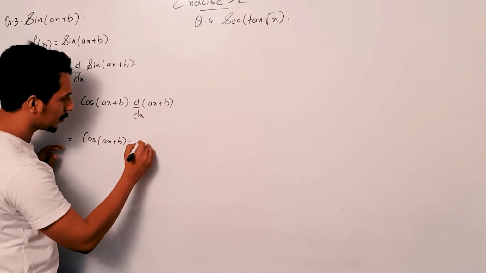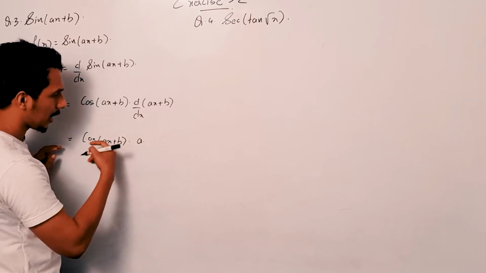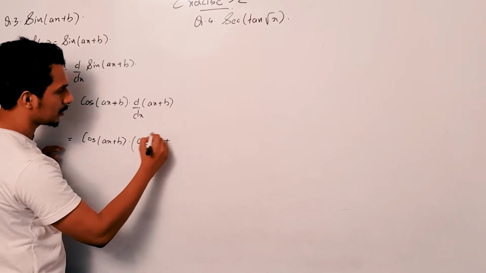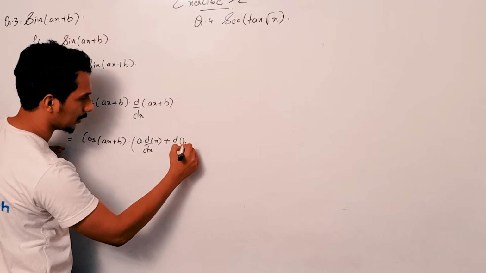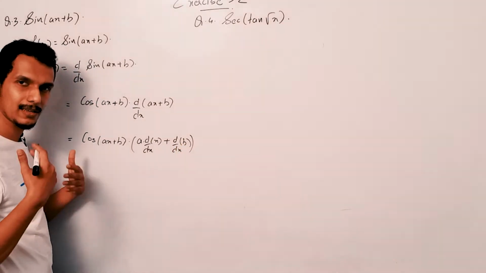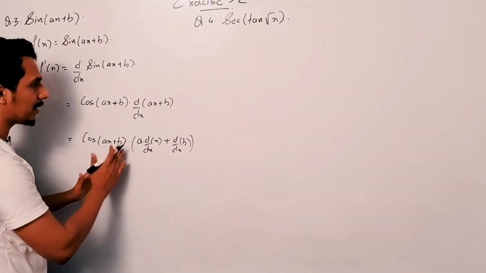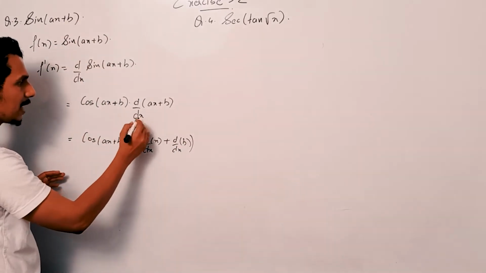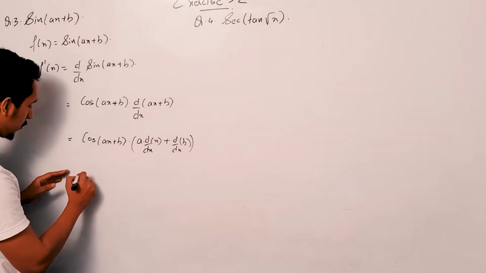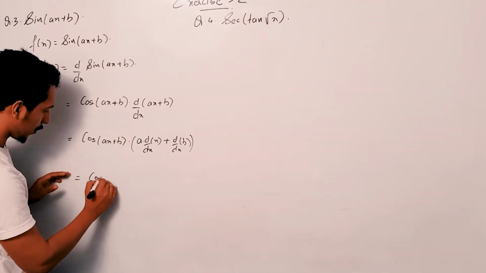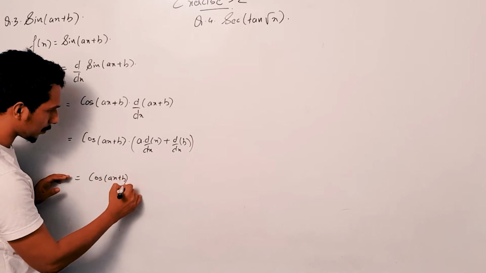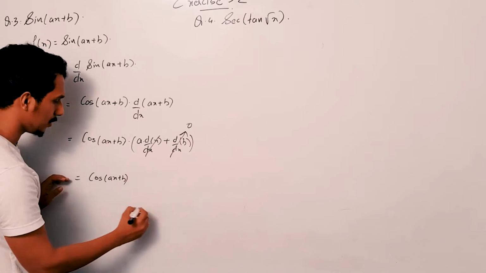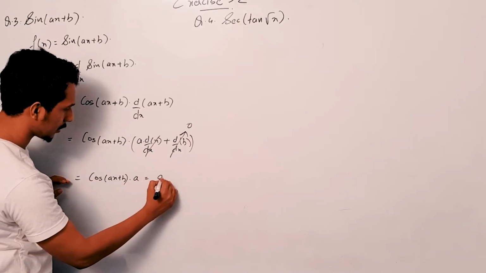Or if you would like to apply rules, then you will say a comes outside. You are applying d by dx of x plus d by dx of b. Okay, this is just like learning addition. In the initial stages, we'll write all these steps, but later we will be directly writing d by dx of ax as a itself, because we know what the ending would be. So cos of ax plus b, this is 1 and this is 0. Okay, this is a, d by dx of a constant is 0, into a. So your answer is a cos